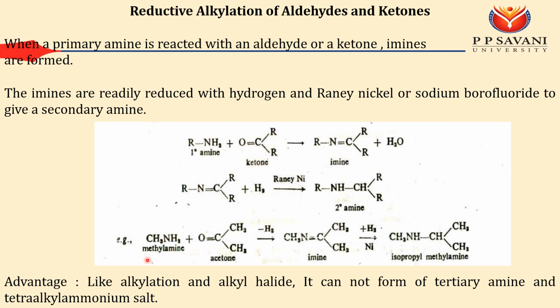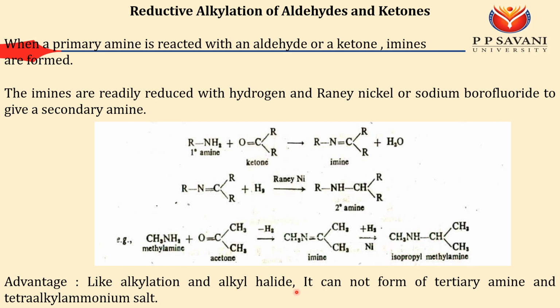So this is the example of methylamine. From methylamine you can produce isopropyl methylamine. You react it with acetone, so the water molecule is removed, and you will get the imine. Then you do reduction in the presence of nickel, so this bond will break, and you write one hydrogen here and one hydrogen here. This is an isopropyl structure, so you have to follow alphabetical order. This is isopropyl, that's why I comes first, and this is methyl.